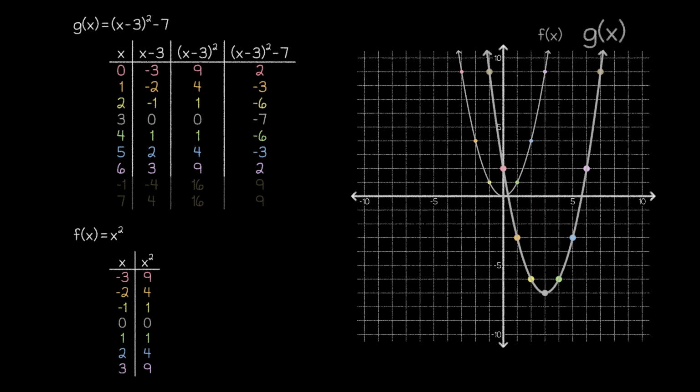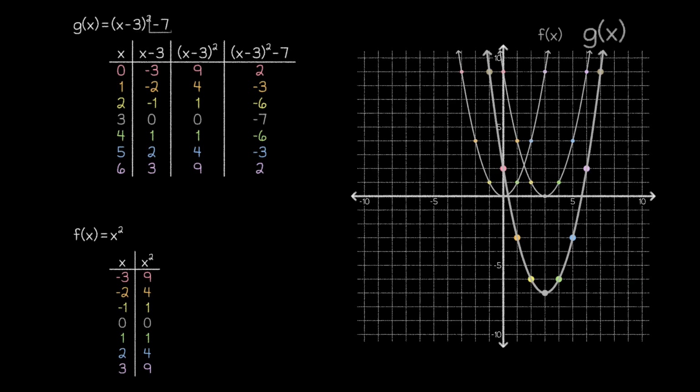Now for a bit of analysis. We've already established that this graph is still a parabola, but the location of that parabola has changed. But why did it change? Well, recall that the -3 inside the parentheses of our function definition meant that we had to add 3 to all our key values to get our key inputs. This shifted the parent function 3 units to the right.